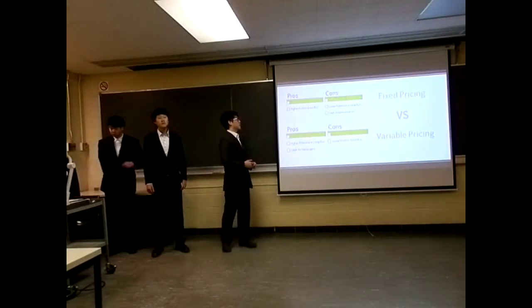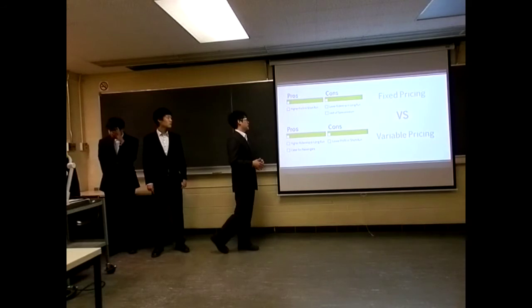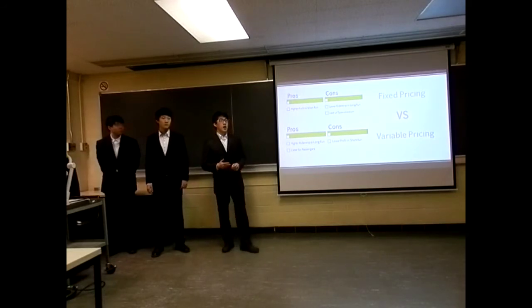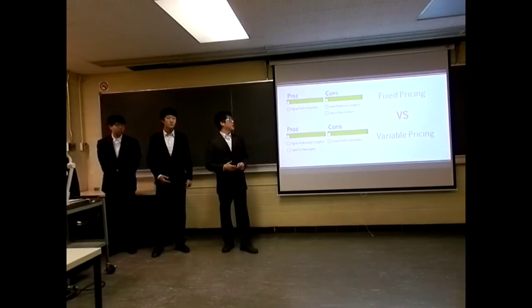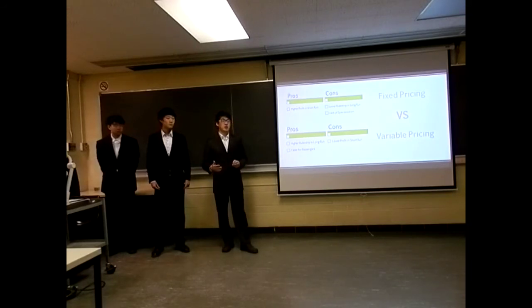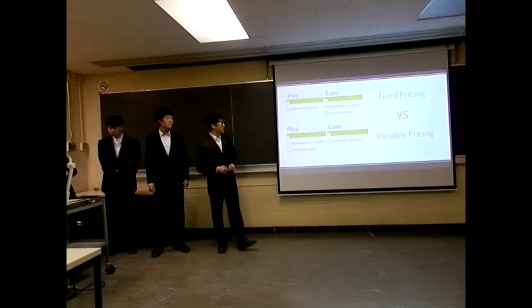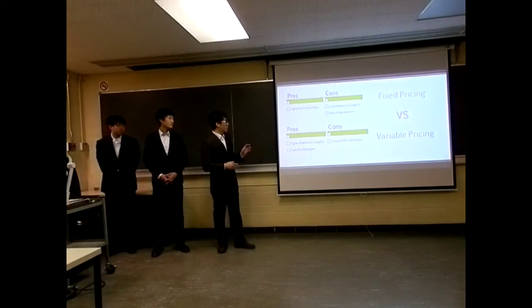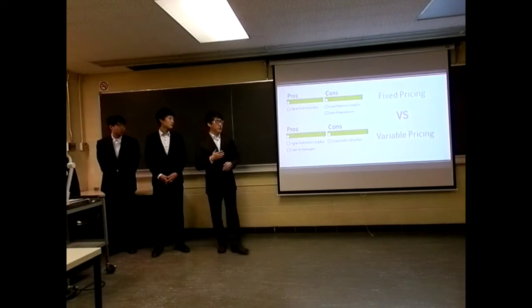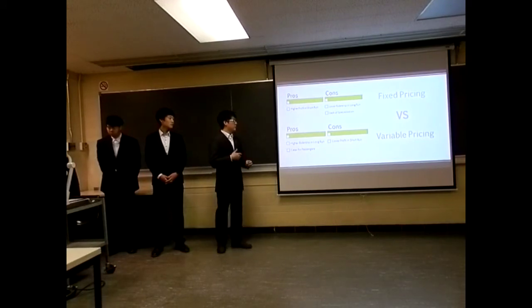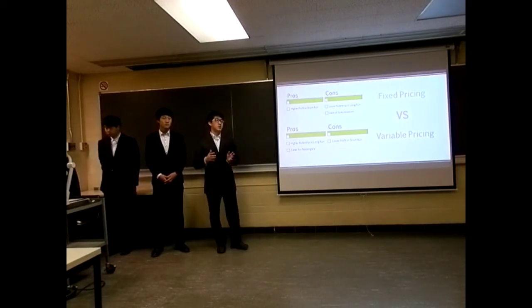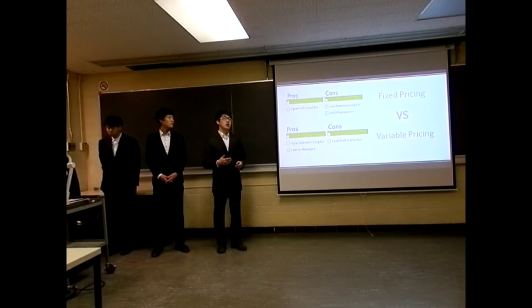The benefit we get from fixed pricing is that it can generate a higher profit in the short run. However, due to the lack of specialization, we may lose our ridership in the long run, since our price is higher and there's no specialization for our passengers. The benefit we get from variable pricing is that even though there's a lower net operating income, we're able to specialize our ticket prices for different age groups, and in the long run, the ridership is going to increase.